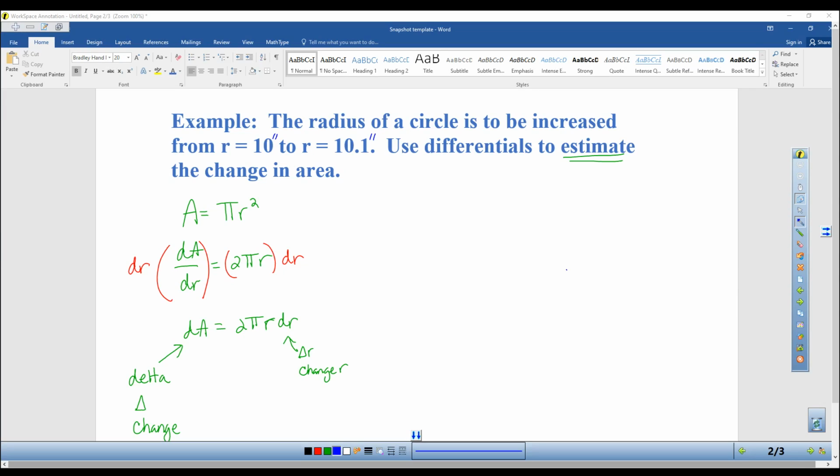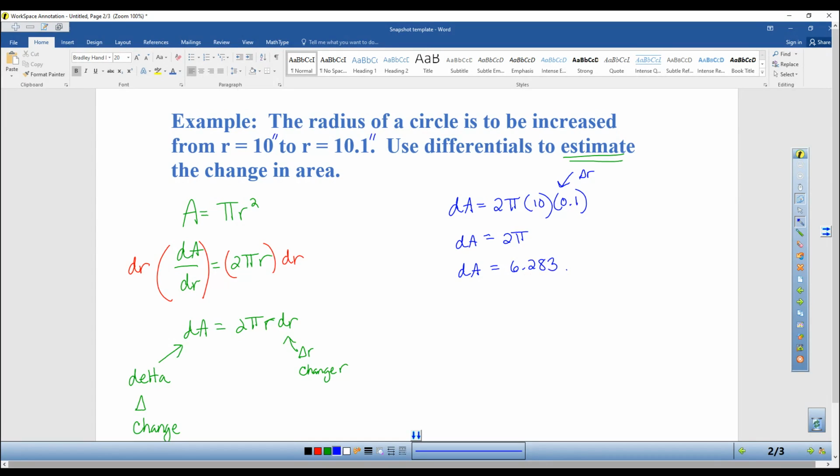Now we're going to apply that differential to a very specific example. The change in area in this problem, if you change the radius from 10 to 10.1, so your radius was 10, and your delta r, your change in radius, is 0.1. Since 1/10 times 10 just cancels, you get 2 pi, which isn't completely informative because maybe you can't picture that number in your head, but if you multiplied it out, it's